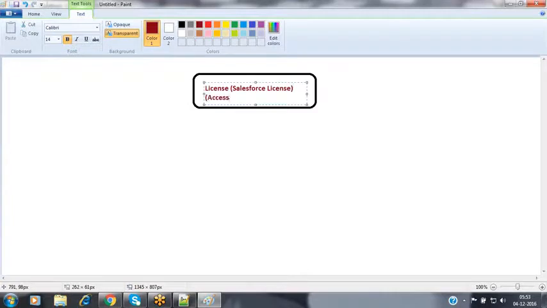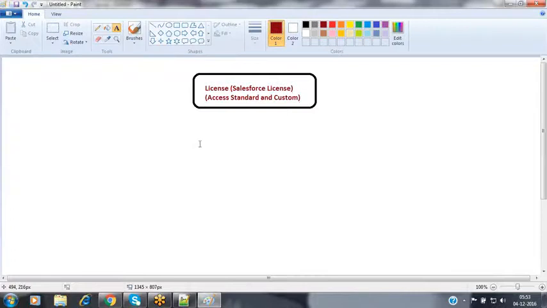We can access both the standard and custom features of Salesforce. By using this license, I would like to grant access to the standard functionalities for a few users, and only the custom functionalities access to a few different users. Then how can we restrict the visibility here? We have multiple users.